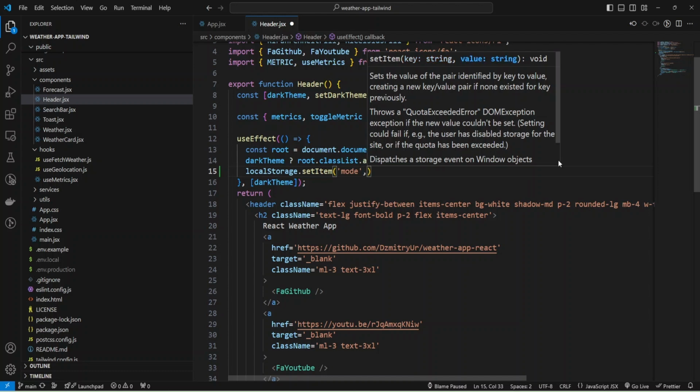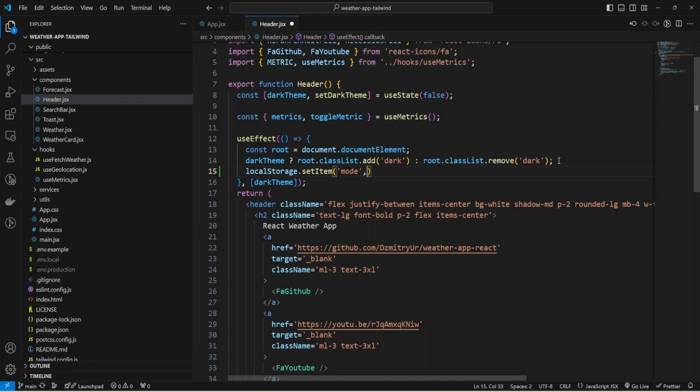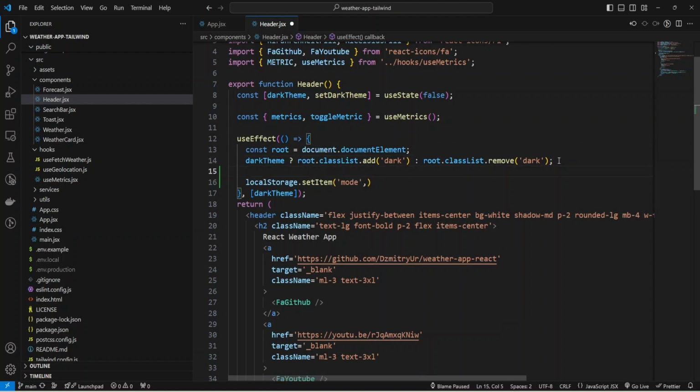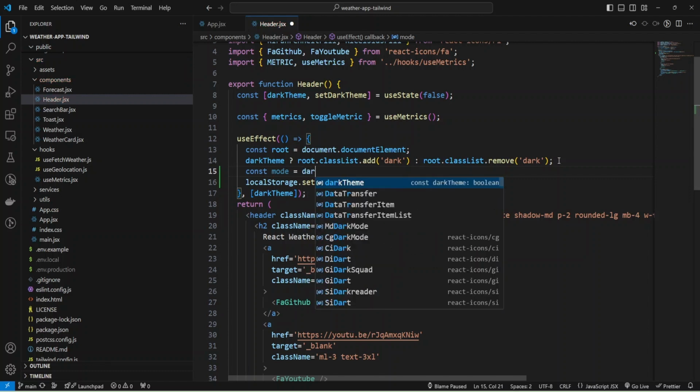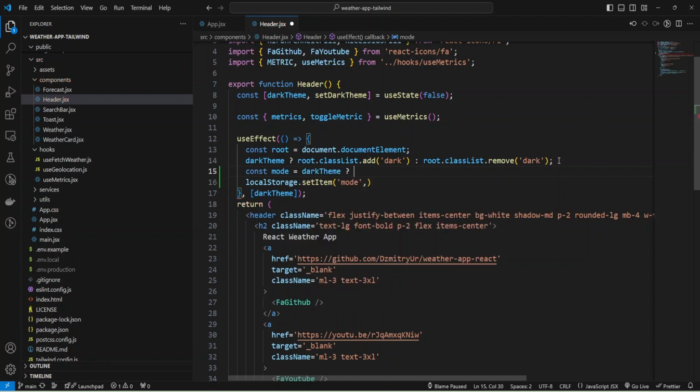For the value we need to check whether we have dark or light mode, so let me create a const variable and name it mode, and I'll check if dark theme, then I'll provide the text dark, and otherwise I'll provide light.